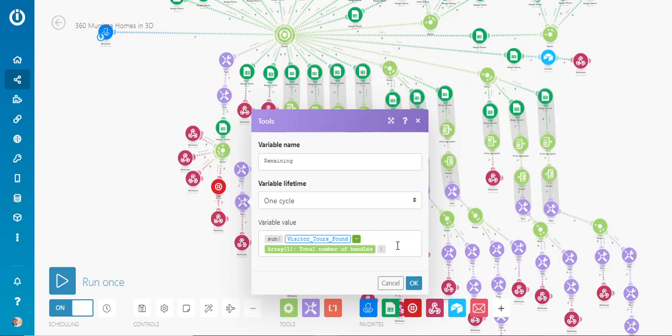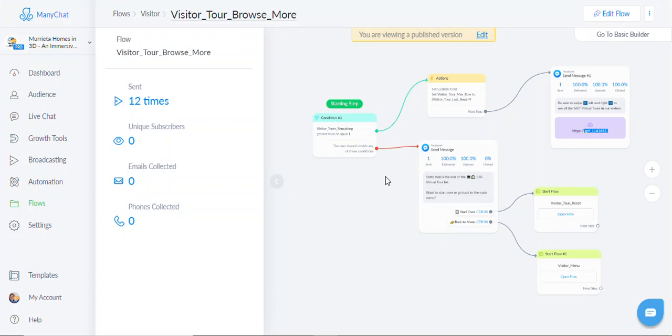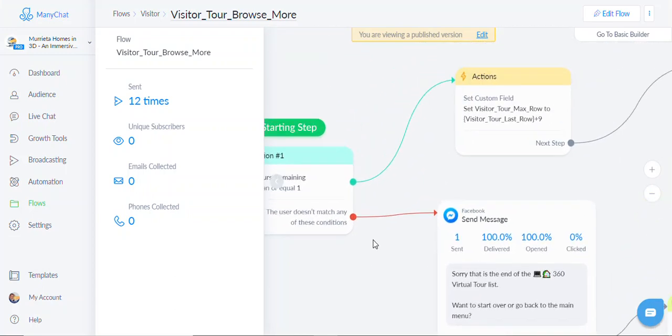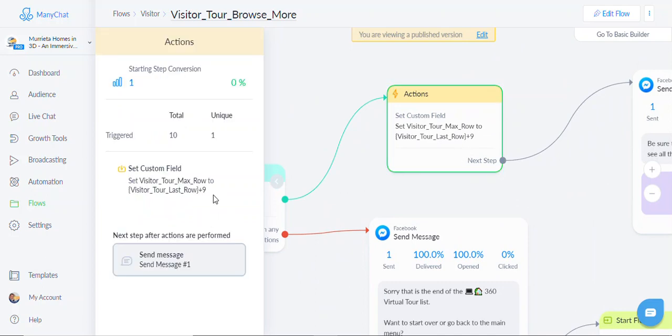So then it's going to tell me how many we have left again. It's going to basically start counting down how many we've shown so we know what to start off next. When it goes here, I do a calculation where I say, okay, I need 9 rows. So I'm going to give them the last row that you've seen, which is this row. And then from that point on, let's go ahead and